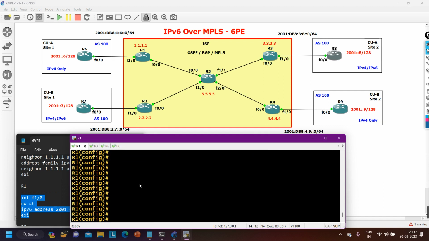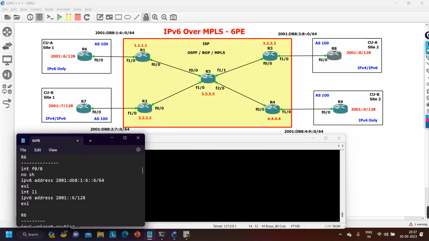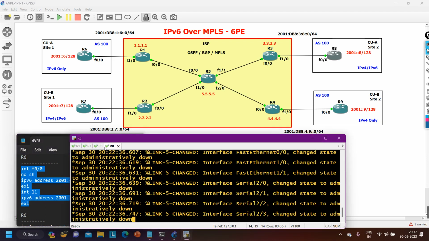After that, we need to assign an IPv6 address on router number 6 also. So here is the configuration. You can see on FastEthernet 0/0, I have configured this IPv6 address, and I have created one loopback. On the loopback, this is the IPv6 address. Let me copy this part of the configuration and paste it on router number 6. This is the router 6 configuration,